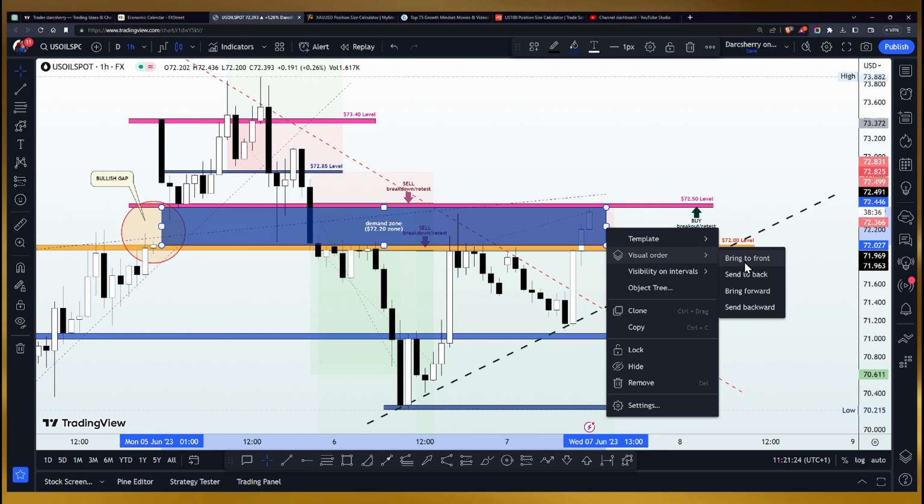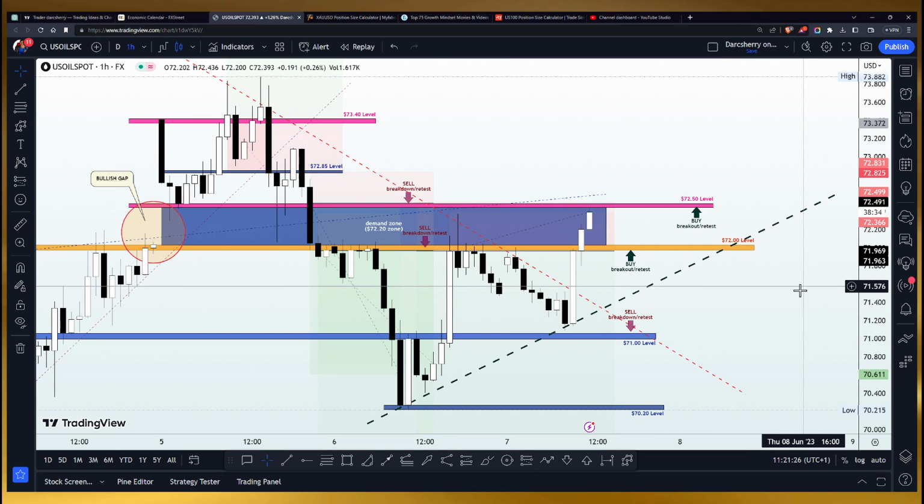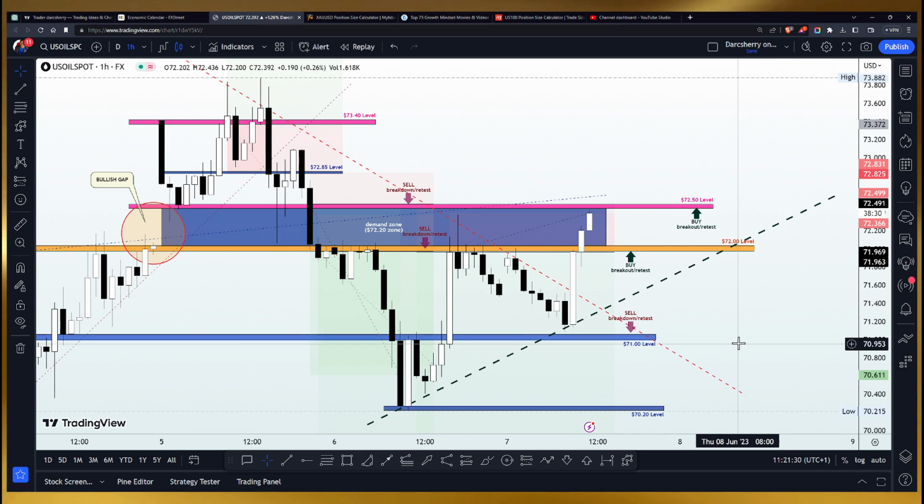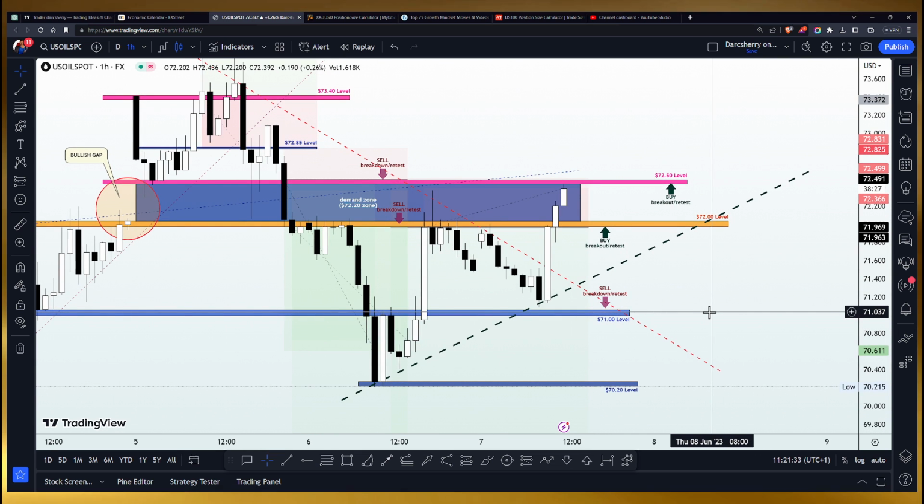So let's feel comfortable in our buy position here while we look out for more opportunities to buy the US oil spot. Now, in as much as we're looking out for buying opportunity, you know how we do it here. We also want to ensure that we keep open the option that sellers could still take over this market. Remember, since the beginning of this week, it has been looking bearish.